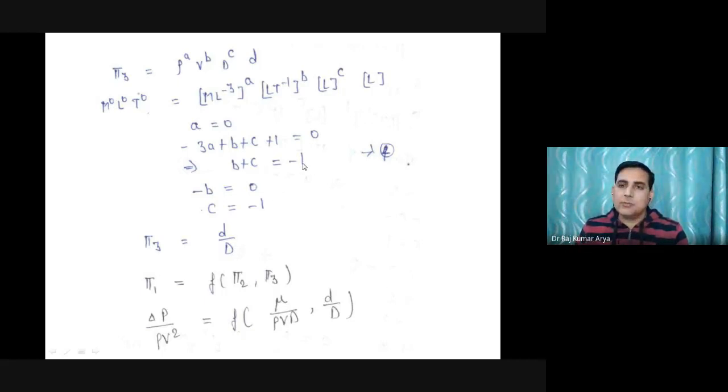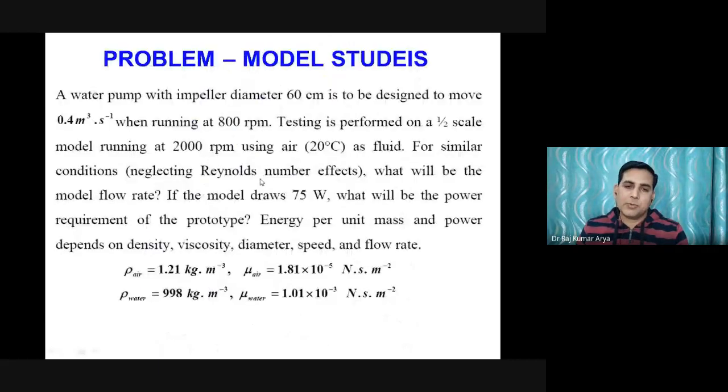So let's do one problem for that, and then you will understand how to do it for model to prototype. This is the typical type of problem, because generally once you design a problem in industry or real life, nobody is going to give you any parameter. They will say, this is what you have, now you do whatever you want, you give me the solution. So that type of problem is this one here.